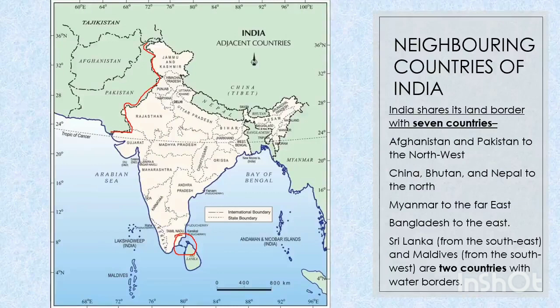Next, we have one more, that is the McMahon Line. That's between India and China. We have just shown you the thing, but it's a border line between India and China. So India is sharing a land border with China, and you can just say the border between India and China is called the McMahon Line.